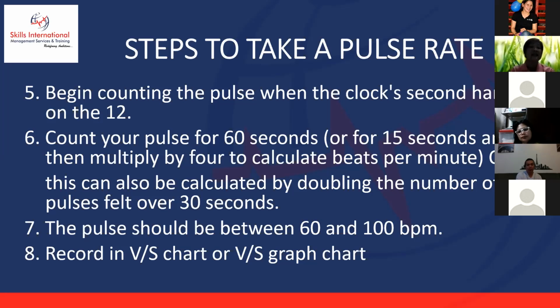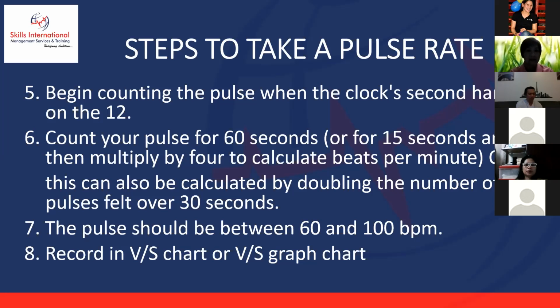Okay, so this is how it is. This is how you're going to do it once you are competent enough, once you already know the process of counting. Don't forget that. In 15 seconds times 4, and in 30 seconds multiply by 2. Double it. Okay? So the pulse rate should be between 60 to 100 beats per minute. So the record, the vital signs chart,